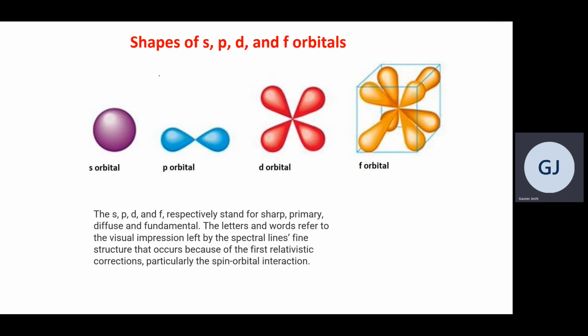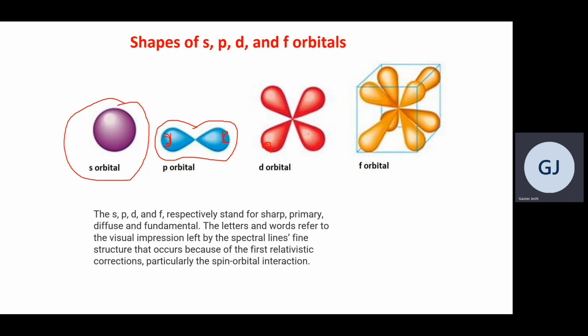But before going to that, we have these shapes for the s, p, d and f block elements. There are different types of shape. The s orbital is circular, so the possibility of finding the electron in the s orbital will be everywhere. Then we have the p orbital, which looks like a dumbbell, or a lobe. The possibility of finding the electron in the p orbital will be maximum at the ends of these lobes. In the d orbital, too, the possibility of finding the electron will be at the end lobes.